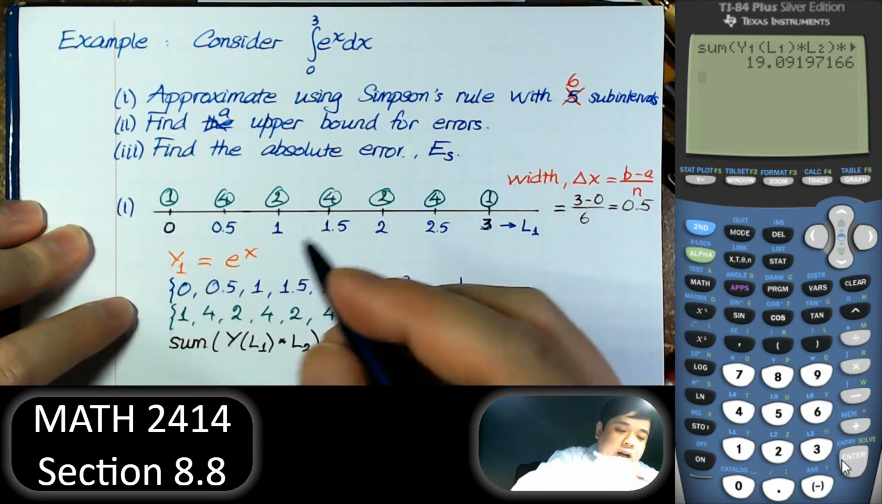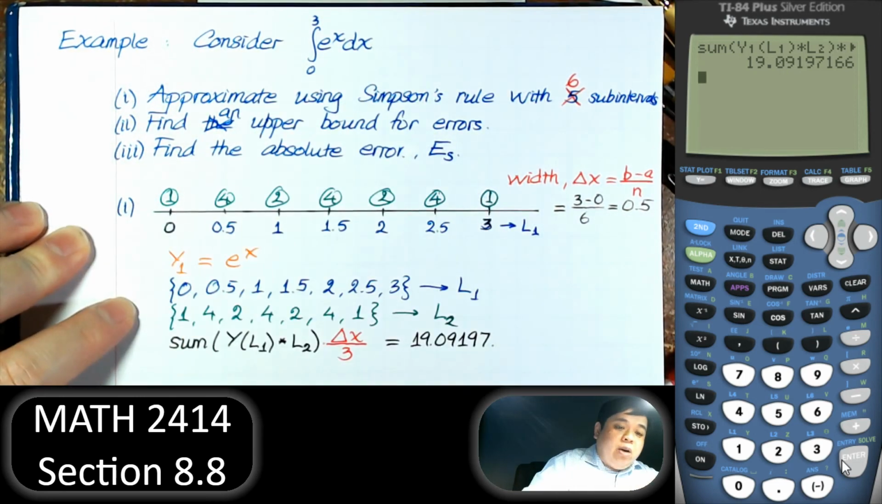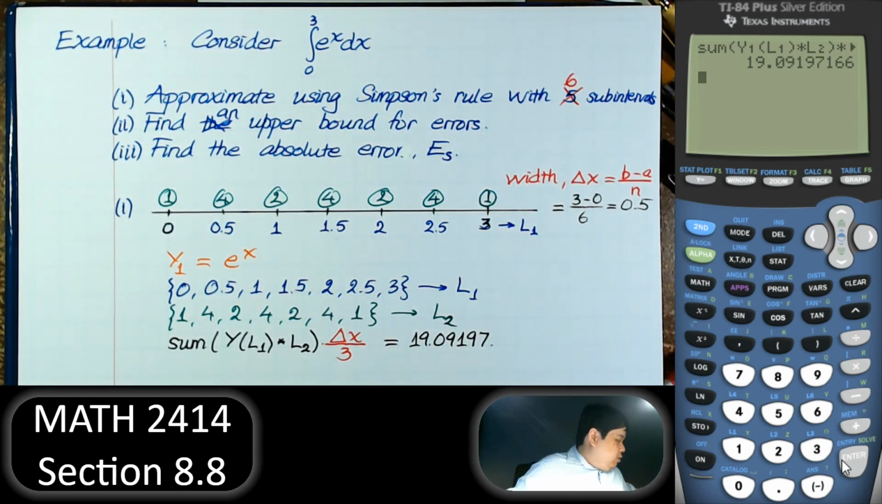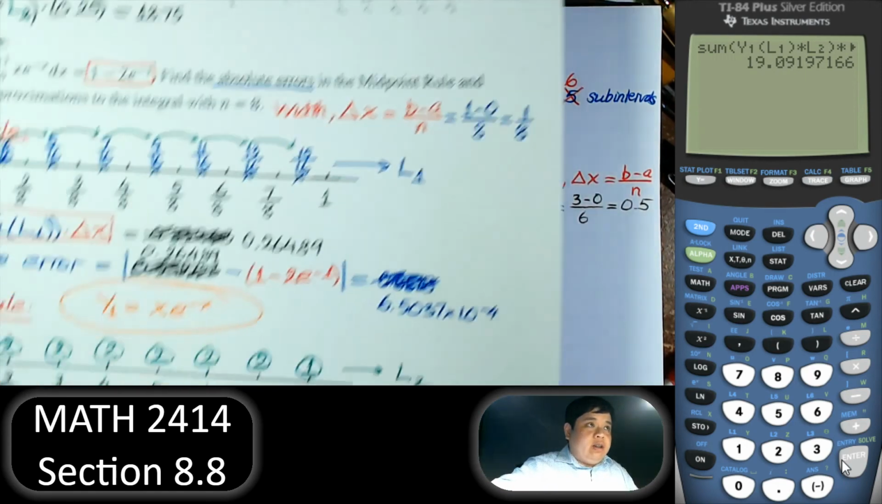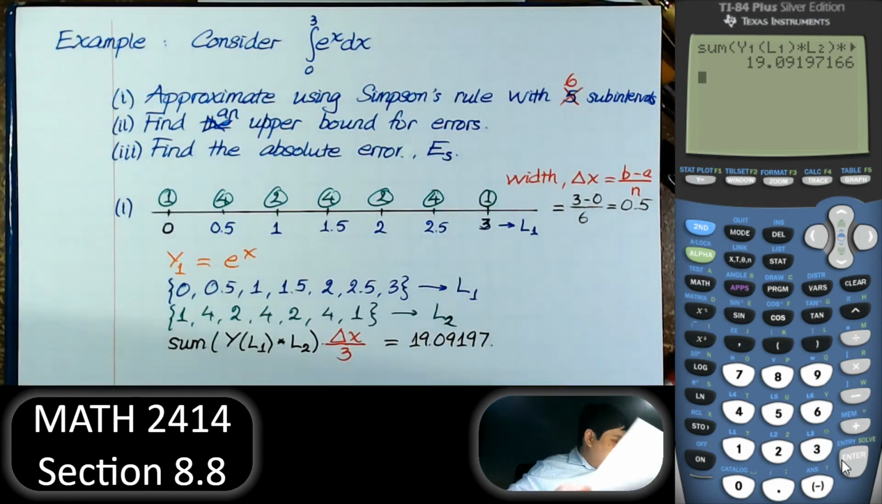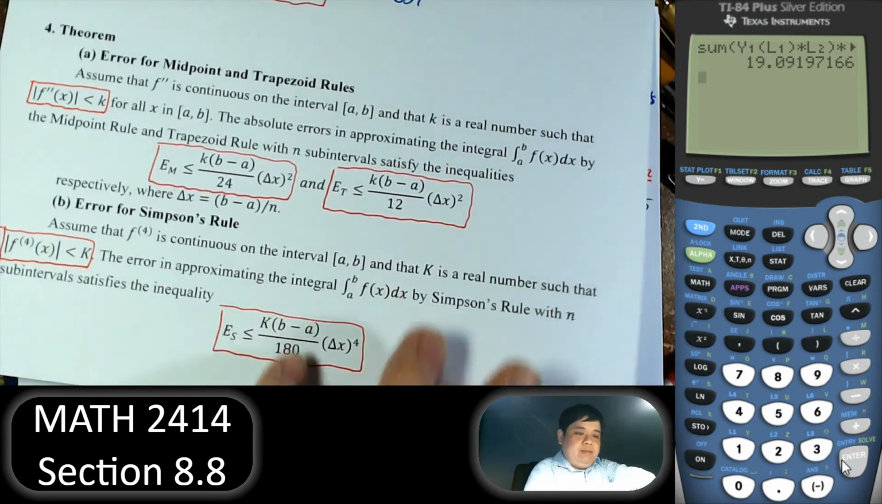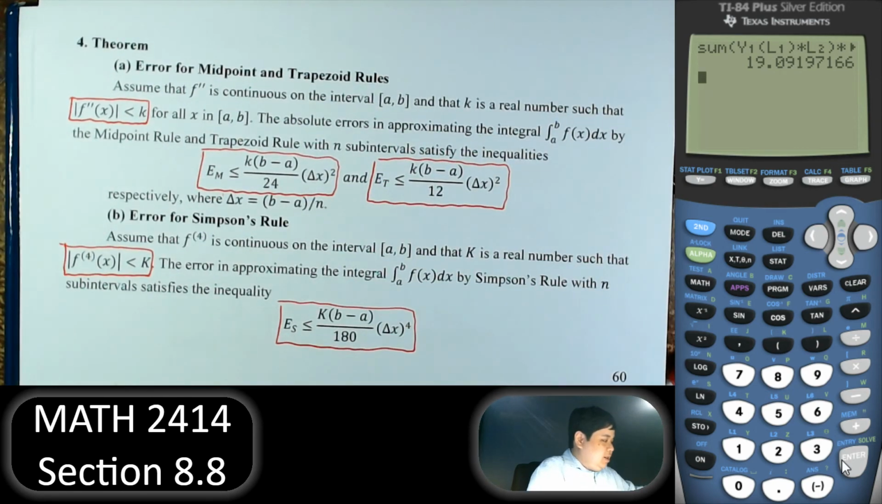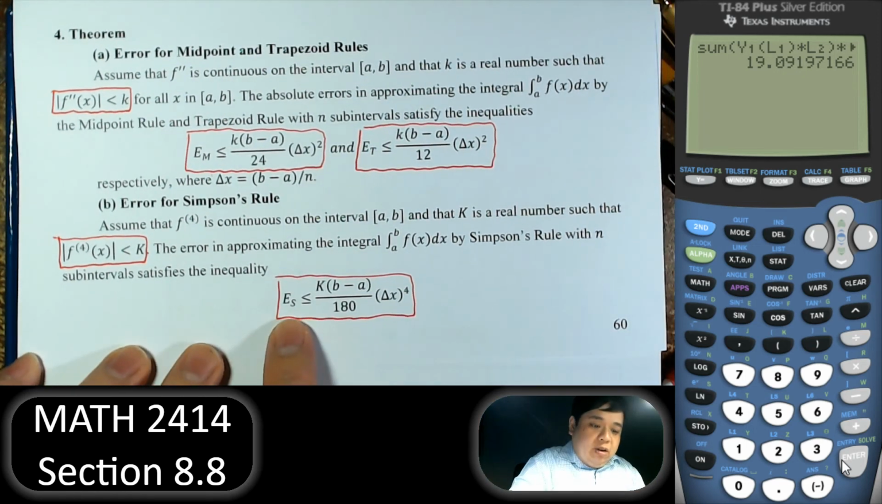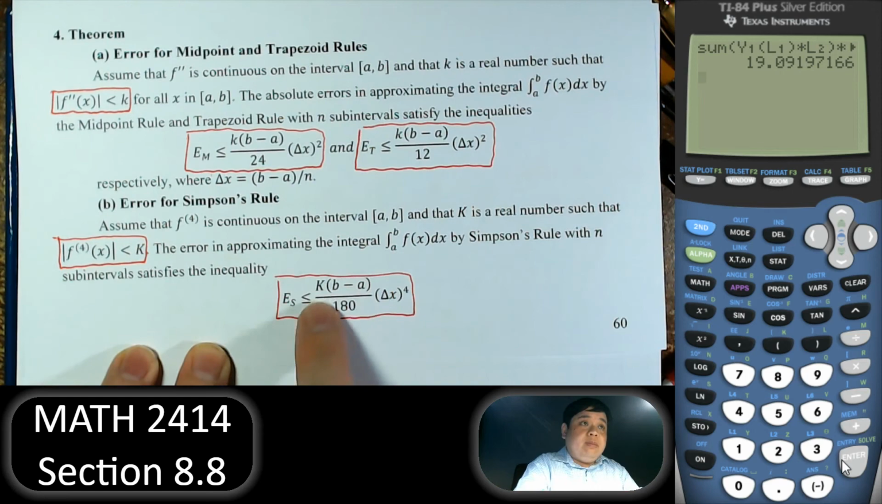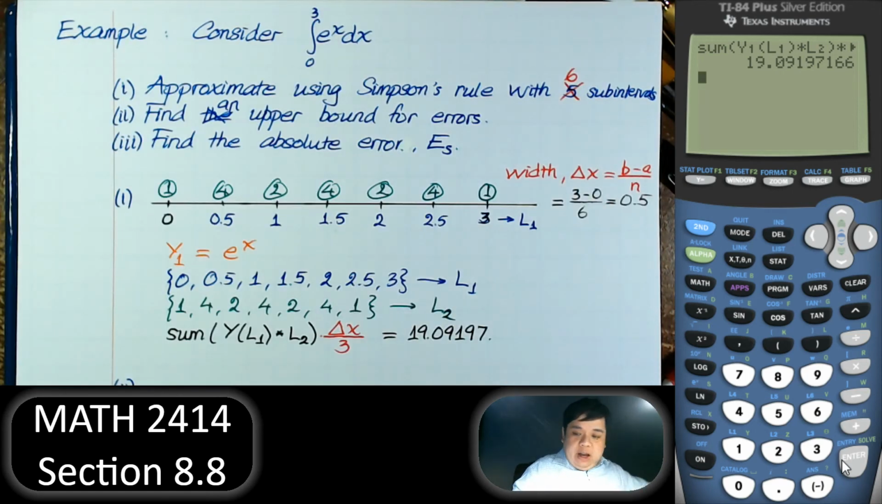Part 2: find an upper bound for error. So the maximum possible error is given by, what was that? Yes, sorry, I mean that. So the actual error is less than that. So an upper bound for error